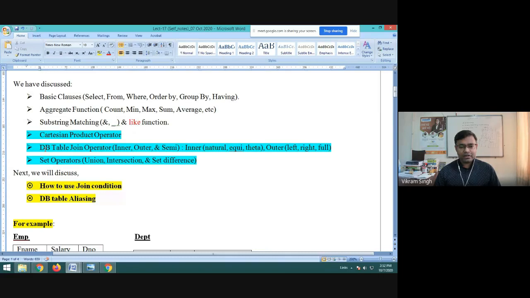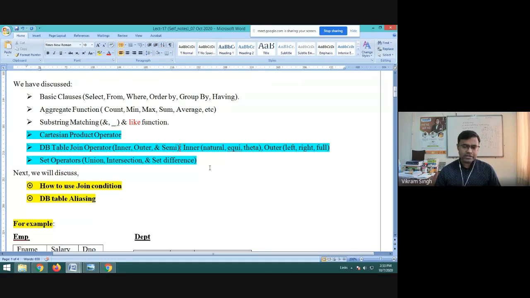Then we have taken join operator and its types, basically inner join, outer join, and semi join. Semi join we have not discussed, but we have named it, right? After that, we have taken each and every type, like within inner, we have taken natural, equi, theta. Within outer join, we have taken left, right, and full outer join.